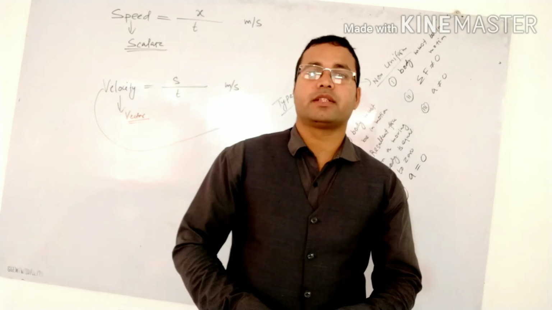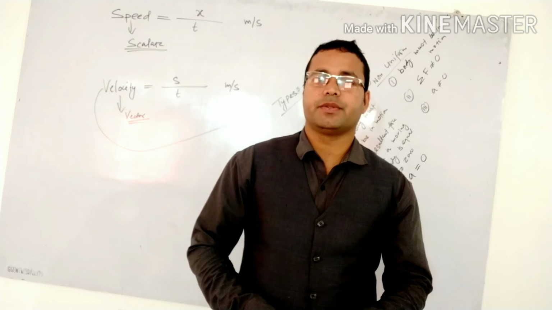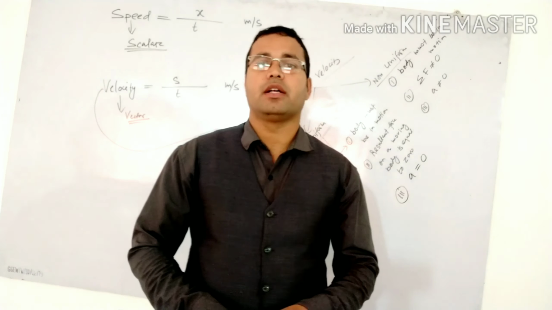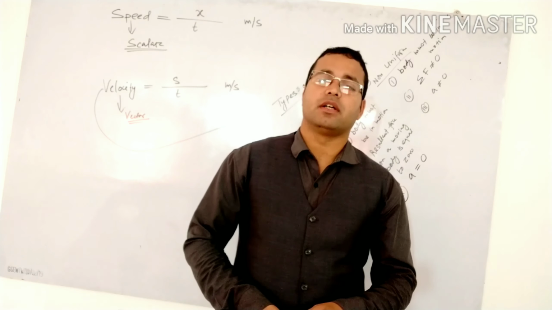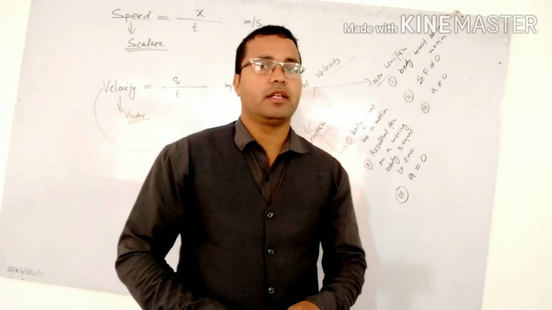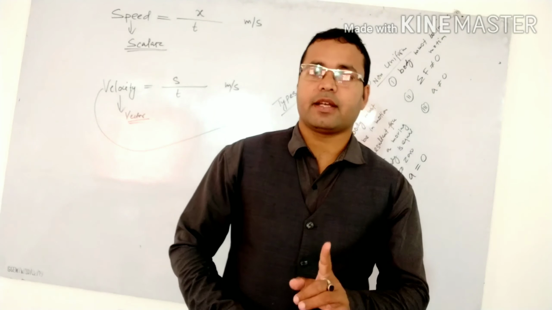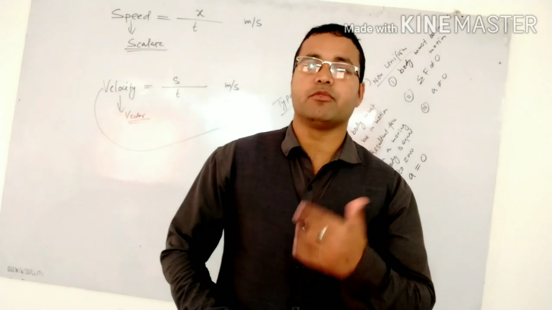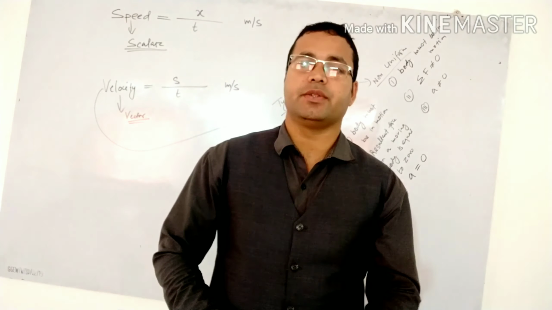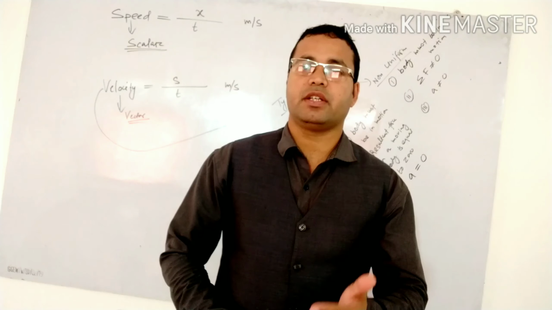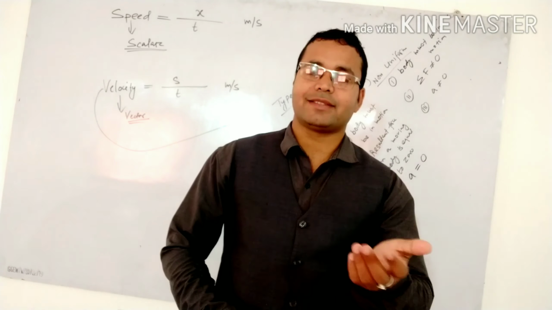Two lectures are already completed regarding the motion chapter. In the last video I told about uniform and non-uniform velocities. Again I would like to repeat. In case of uniform velocity, the body must be in motion. Second, the resultant force on a moving body is equal to 0. So if the resultant force is 0, then the body will not change its velocity or its direction. So acceleration becomes what? 0.